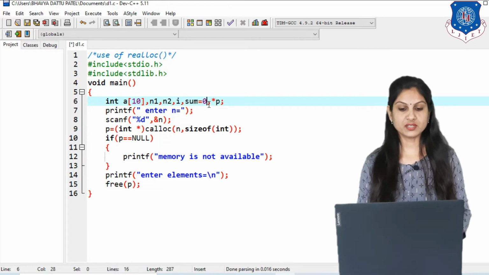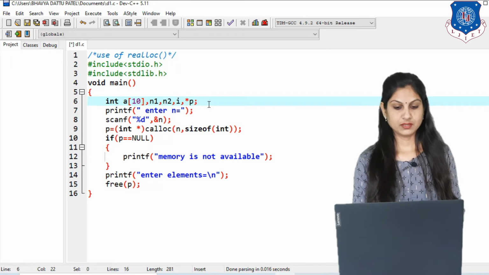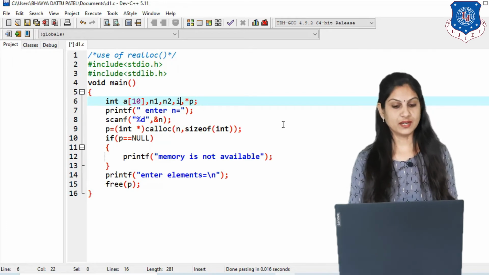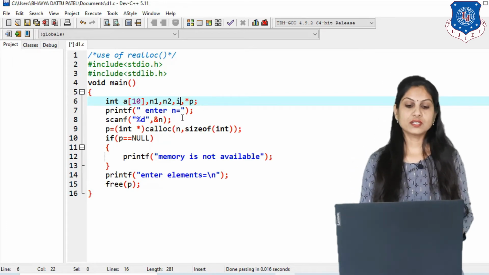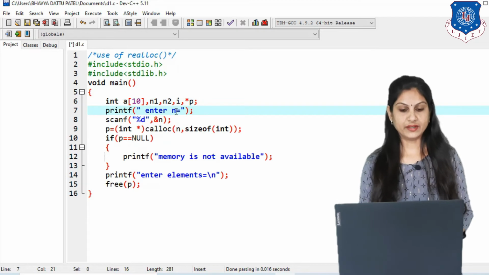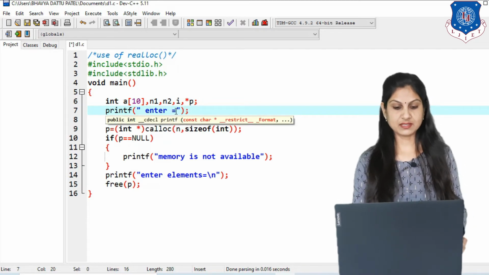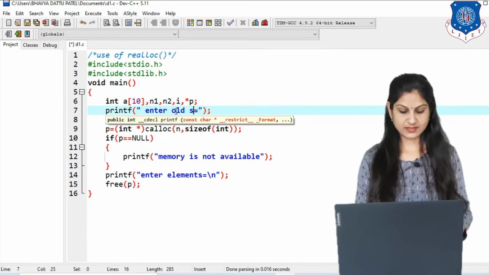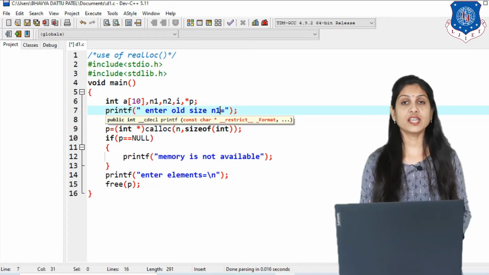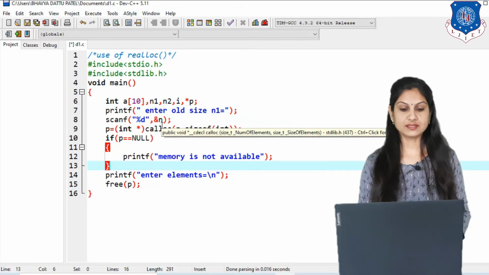Sum is not needed, so remove it and use the pointer, that is star p. So instead of printing enter n, we are printing enter old size, that is n1, which you have to scan using the scanf function.